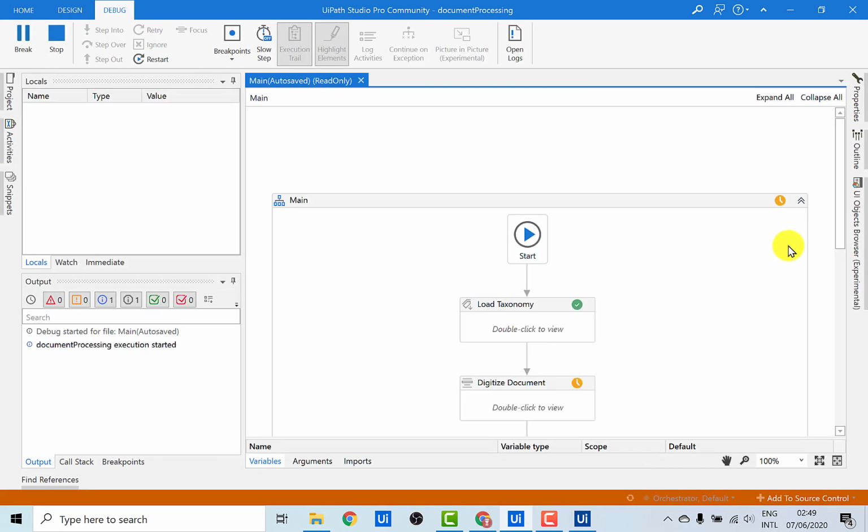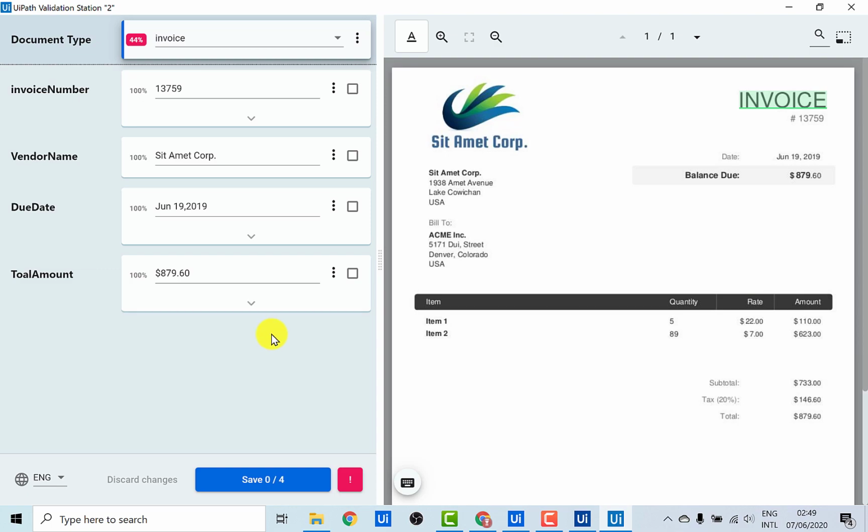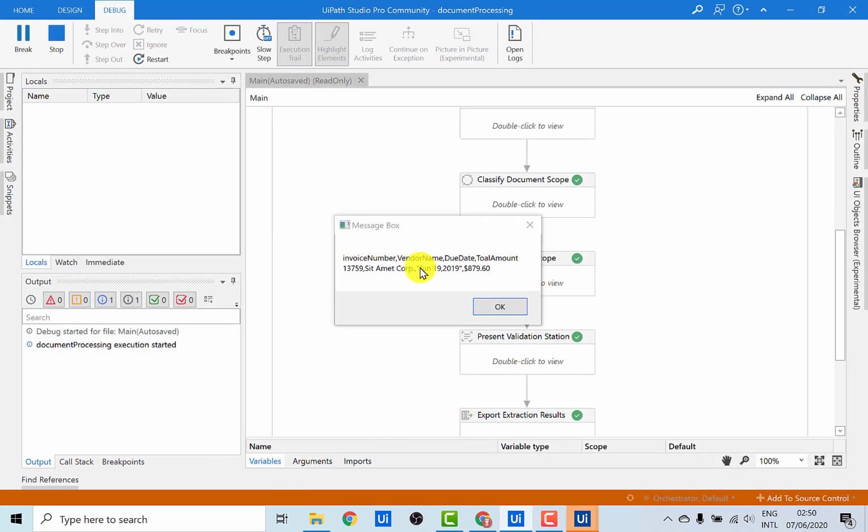And right now it's going through the Digitize Document activity, and now it's in the data extraction scope. And now here we have a validation station. So if you see here, all the fields have been extracted with 100% confidence score, and it's only for the document type that we have a confidence score of 44%. But that's not a problem. Let's validate each of these values and save it. And as you save it, you see there is a message box with all the fields that we wanted to